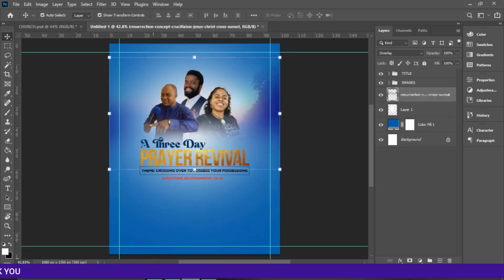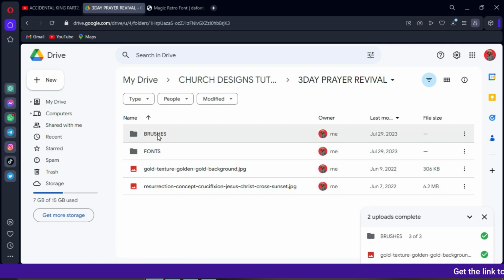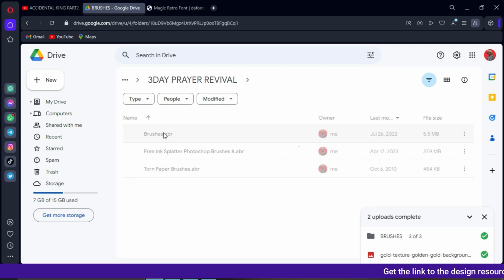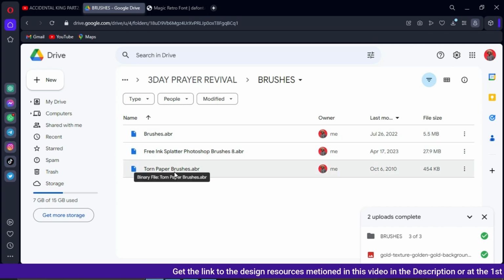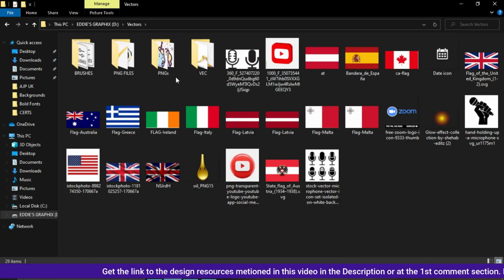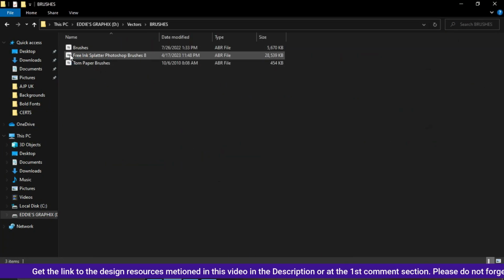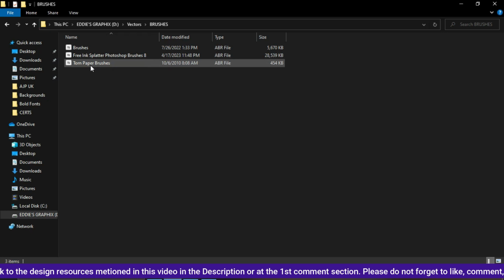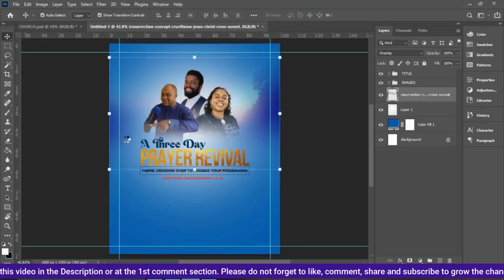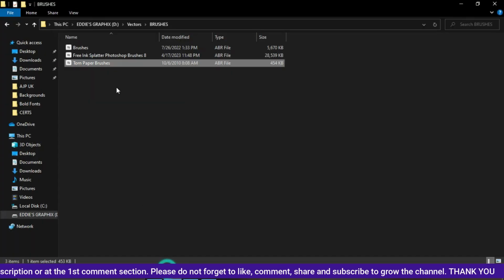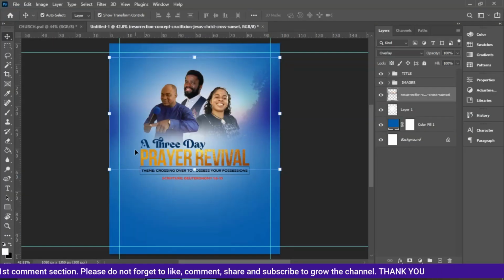Now I added this, so the brushes, it is here. What you have to do is make sure you download all these 3 brushes and install them. Once you click on these brushes, it will show here. I've taken my time, so these are the brushes, you have it this way. Then install them by double clicking on it. I'm using the tone paper brushes. Good. Once you double click, which means it has been installed, then select